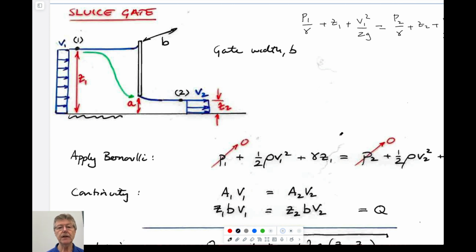And so depending on the circumstances, if the velocities aren't zero, then you can't get rid of this one. So if V1 isn't zero, then you can also write that the width of the dam, which is B, times Z1, which is the area,